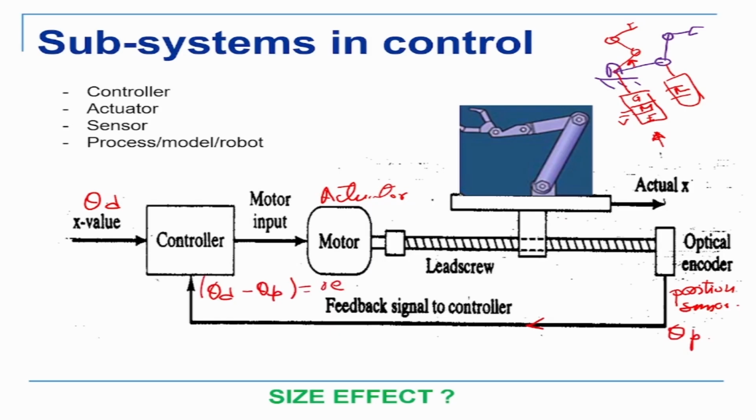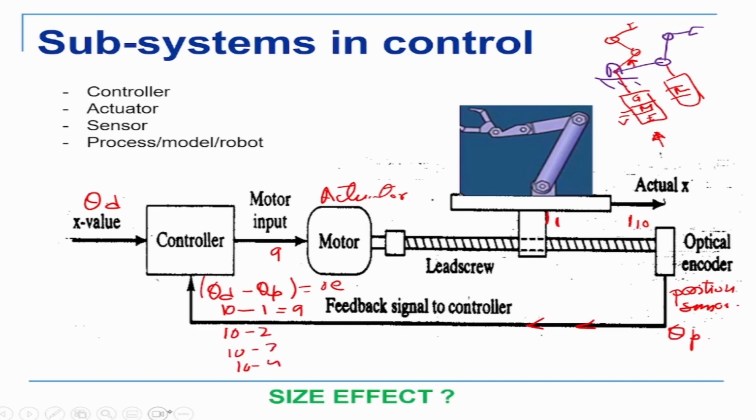Imagine this is my position 1, and I want it to go to the position here, which is 10. The desired is 10, the present position is 1, so 10 minus 1 is 9. The controller will give a voltage to the motor, and the link will rotate until it reaches point 10. As it is moving, the position sensor is giving feedback: 1, then 2, 3, 4, 5, 6 like that. So it will become 10 minus 2, 10 minus 3, 10 minus 4 like that.